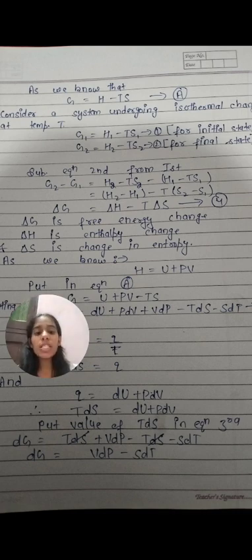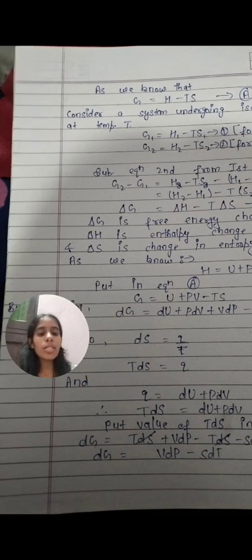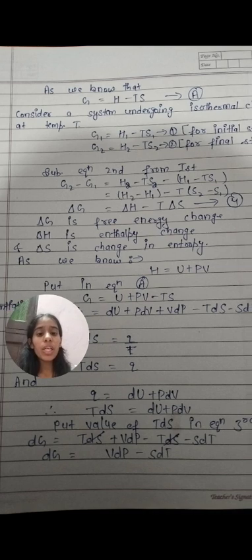Then G2 minus G1 stands for delta G, which means free energy change, and H2 minus H1 stands for delta H, which means enthalpy change, and delta S stands for entropy change. As we know that H is equal to U plus PV, put this in equation A. So G is equal to U plus PV minus TS,